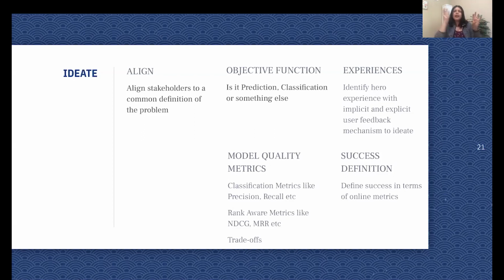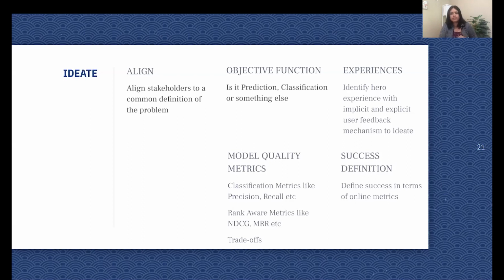There's the UX, there's AI. AI provides some suggestions which is shown to the user. User interacts with those suggestions, gives some feedback. That feedback flows into AI. AI learns from it, again, gives another suggestion. The user interacts with it. So this implicit and explicit feedback mechanism, implicit is when you just look at engagement or other interactions to learn. Explicit is when the UX has affordances where it asks, why did you not like something? Why did you like something? And the UX should be flexible enough to add in these implicit and explicit affordances for AI to do a better job. And that's why identifying the hero experience or the hero scenario and the surface is super important for